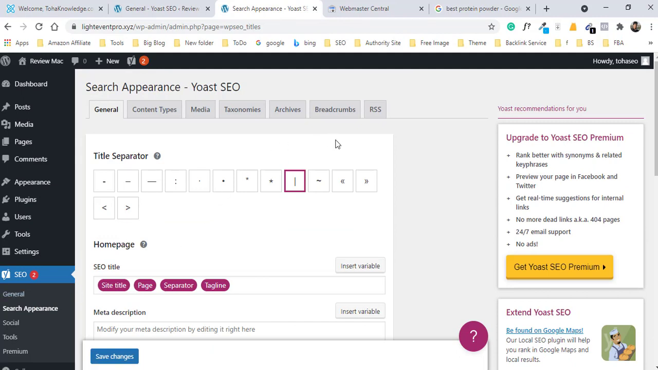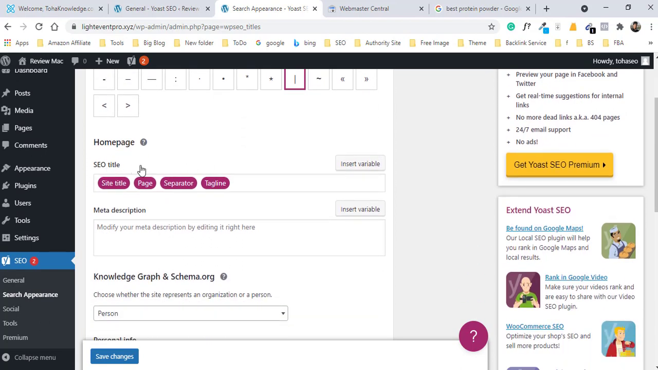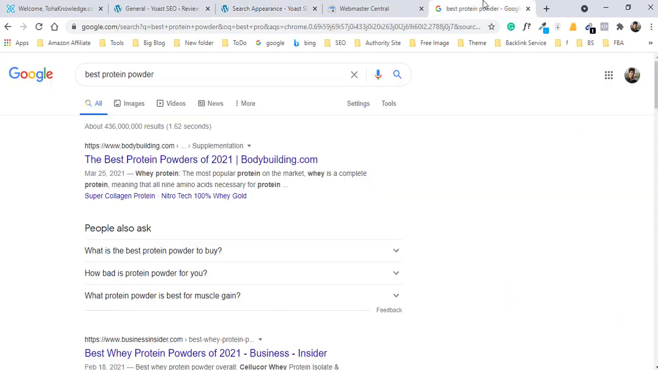Okay, now we already see the title separator, the general title separator. We already select this one, and here you see the SEO title for the home page. Home page title, if you have the home page, for example, if we browse the website,